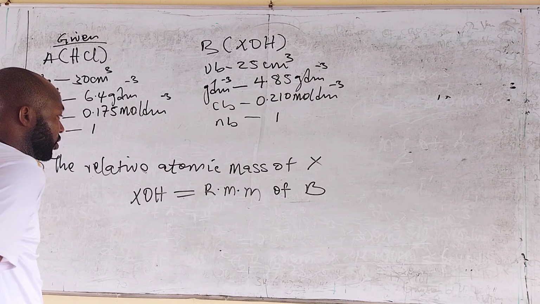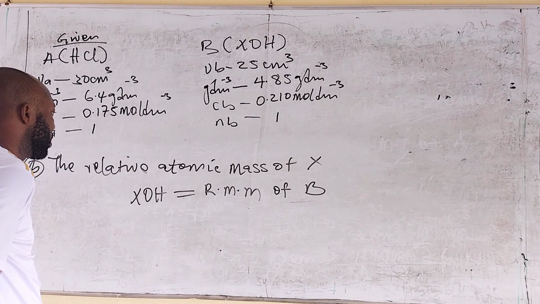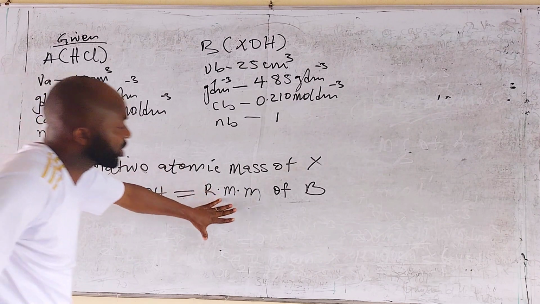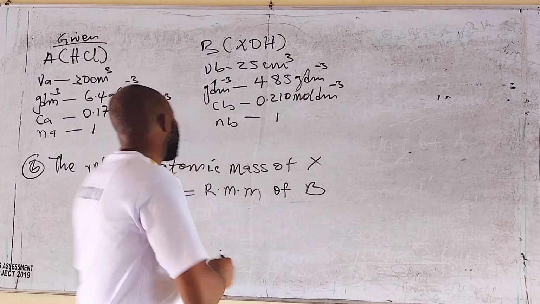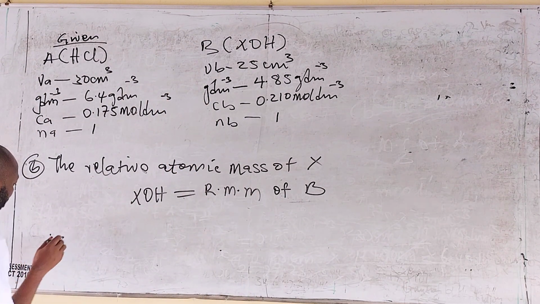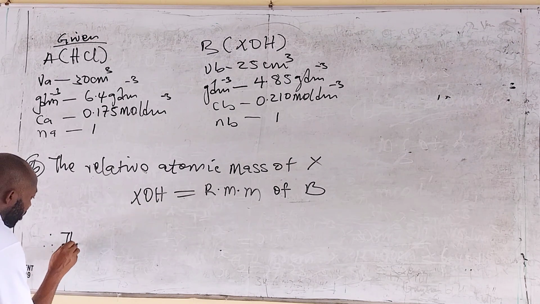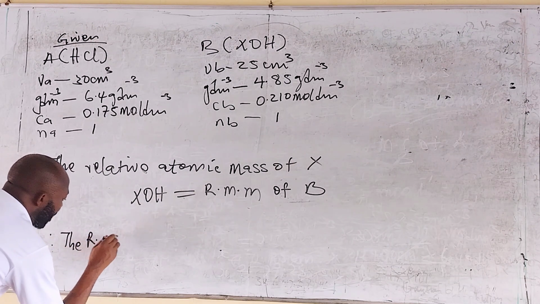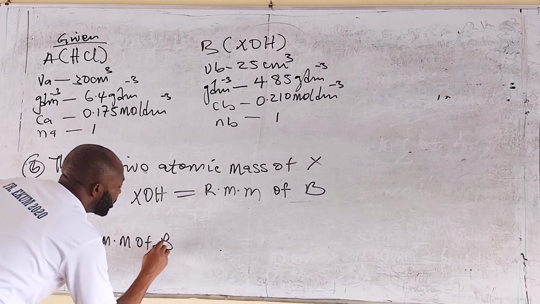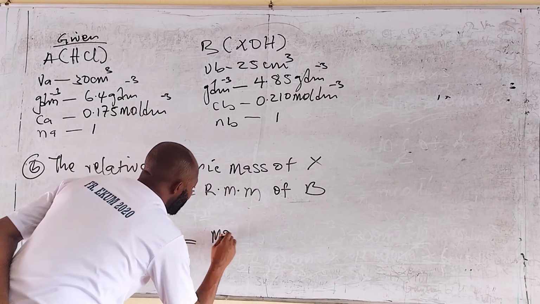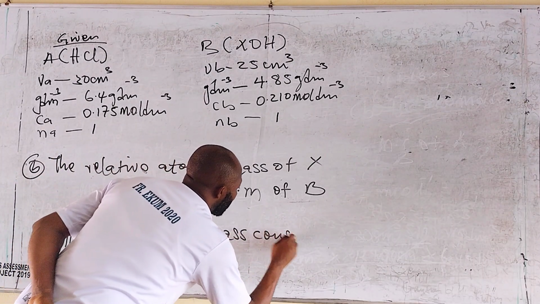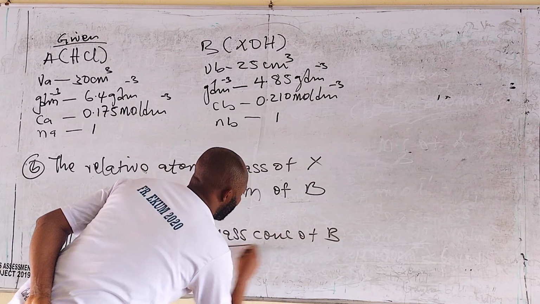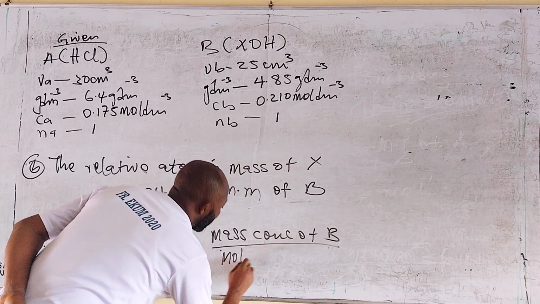We have not solved it, so we have to proceed to solve it first. So now, let's get the relative molecular mass first before we come back. The relative molecular mass of B is equal to the mass concentration of B over the molar concentration